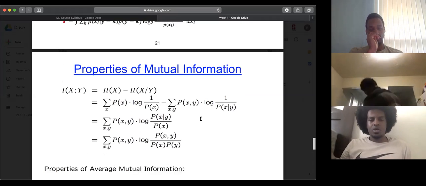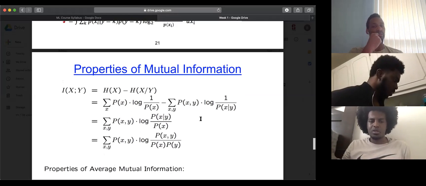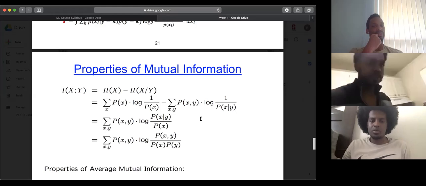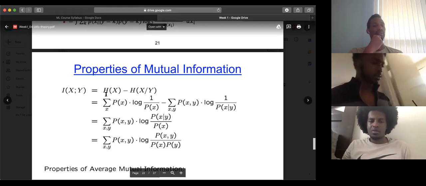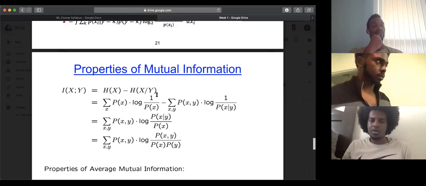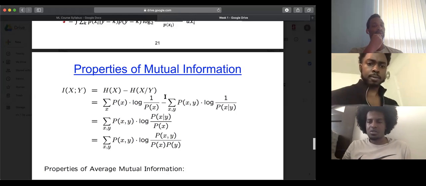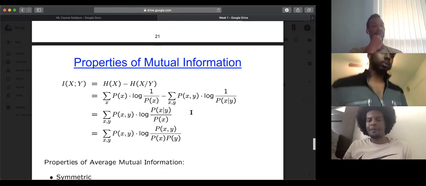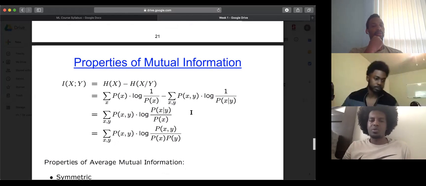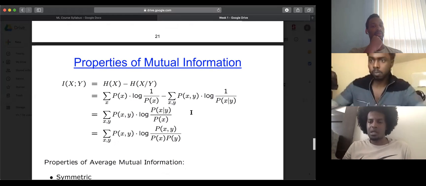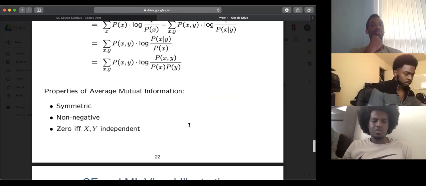So one of the properties of information theory is that the information of two random variables is symmetric. So the entropy h of x minus h of x given y is the same as h of y minus h of y given x. What that says is that there is an approach to the problem from those two sides. There will be a point where they overlap. There will be mutual information contained between those two approaches. I see, this will clear it up down here.